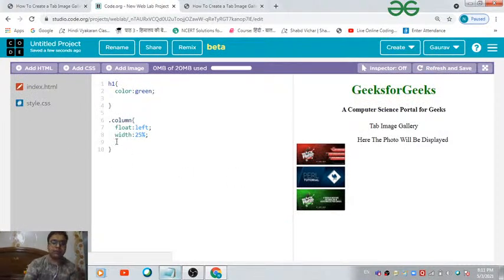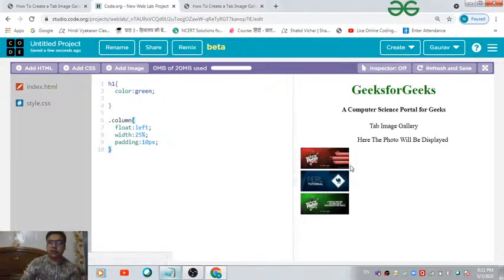Let's now do some padding also, so as to create some space in between, inside the component. Okay, so I think 10 pixels is more than enough. Yes, so this is what you're going to get as the result. Okay, now let's move